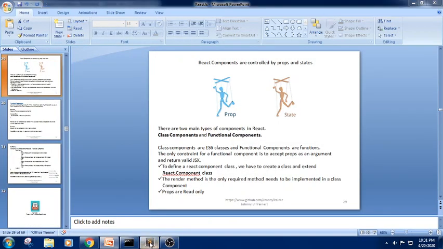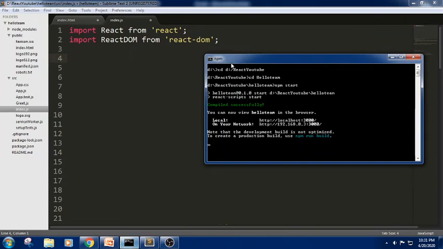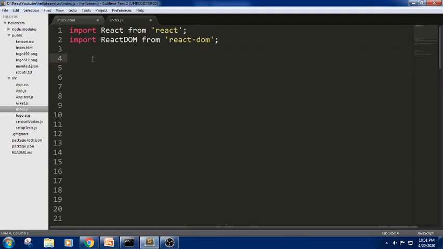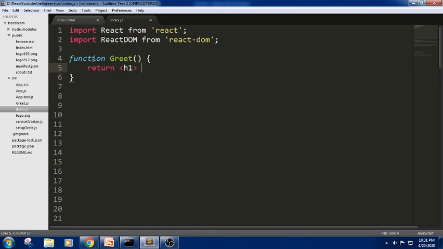Let me open my editor. Now I have opened this code, which I have made handy. We did this in the first session of this React tutorial. Now we are trying to write functional components. Here I am trying to write the function component greet, and I am trying to write hello Johnny.